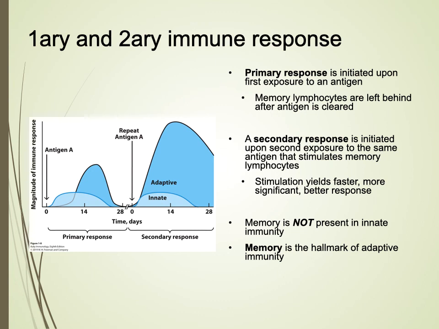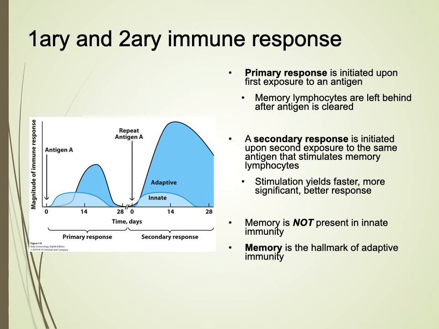As I mentioned, with adaptive immunity, you get this primary response versus secondary response, so that each time you're exposed to the antigen, to the pathogen, the response gets quote unquote better. This is a nice figure to be able to talk through and understand. And if not for this first unit, definitely by the end of the semester, you should be able to understand what this figure is trying to convey.